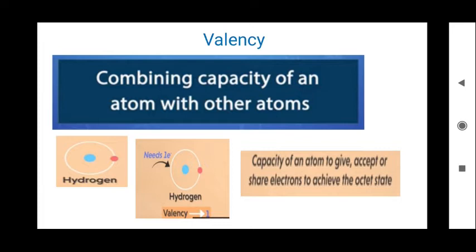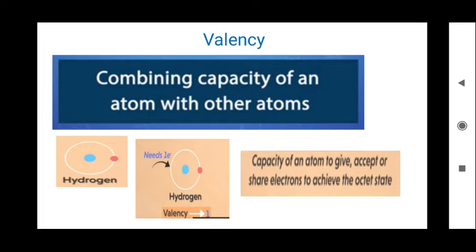Usually atoms have a term called stability. Stability is obtained only when an atom has either 2 electrons in its outermost orbit or 8 electrons in its outermost orbit. 2 electrons is only for two atoms, hydrogen and helium, but for all the rest of the 119 or 109 elements, whatever it is, the outermost shell should contain 8 electrons.